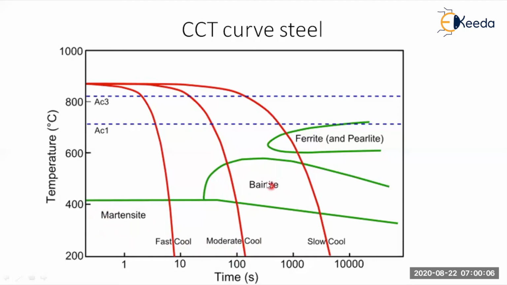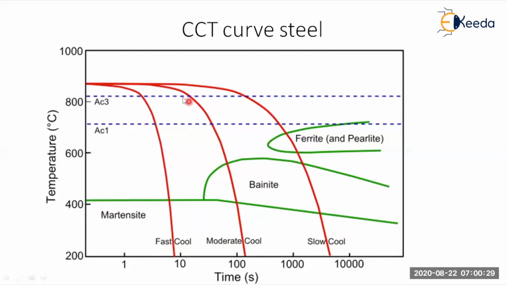Almost the bainite structure here. If you cool the same material, the material is not going to be changed. The material is same, the sample is same, the composition is same. The only change is the cooling rates. If you cool at a faster rate, you will get martensitic structure, a pile of straw type of structure, destructive structure.